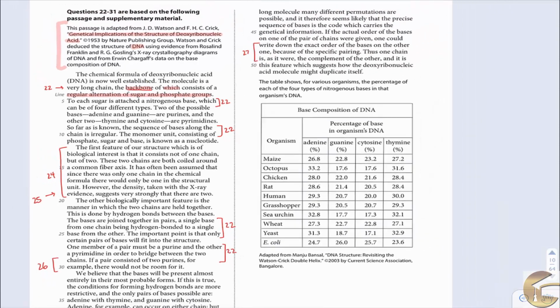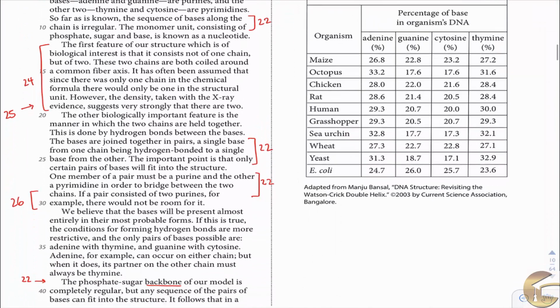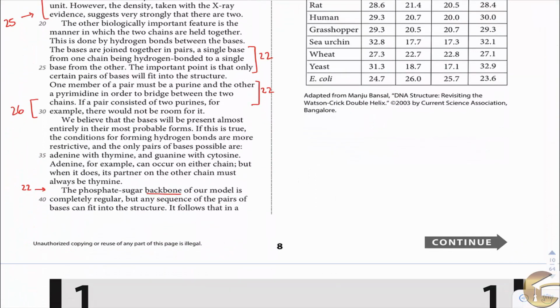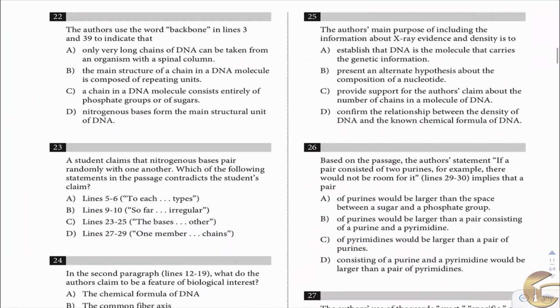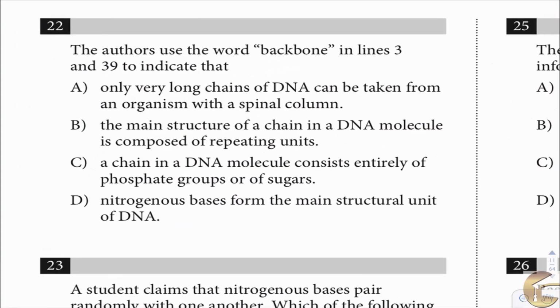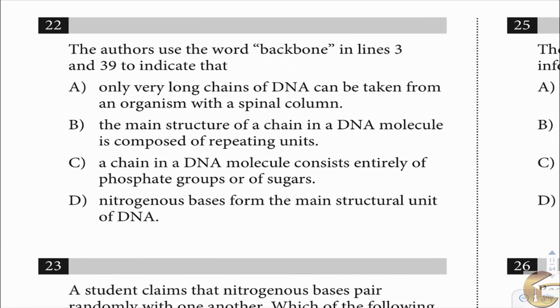Now we're going to go to the next line for 22. It says the phosphate sugar backbone. So they are talking about phosphate and sugar, again, of our model is completely regular. As you're reading this, we want to look for some sort of pattern between these two. And it looks like both are saying that it's a regular pattern of phosphates and sugars. So for number 22 you're going to be looking for a pattern of phosphate and sugar and see which one